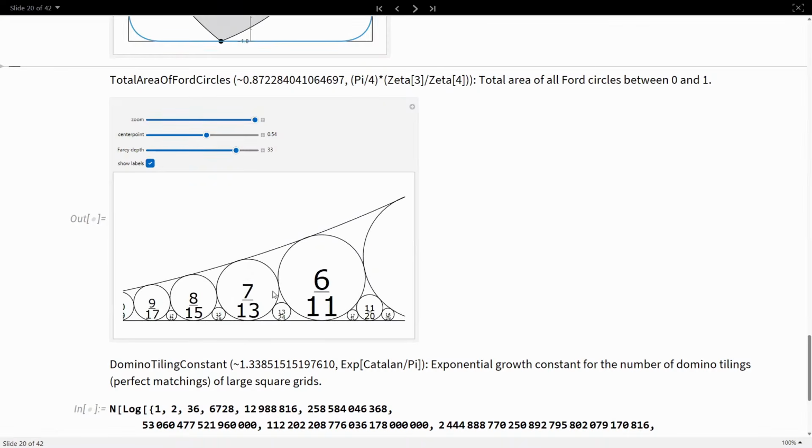Basically, all the Farey fractions are derivable from here. 7 plus 6 is 13. 13 plus 11 is 24. And these are all tangent circles. Each fraction is basically